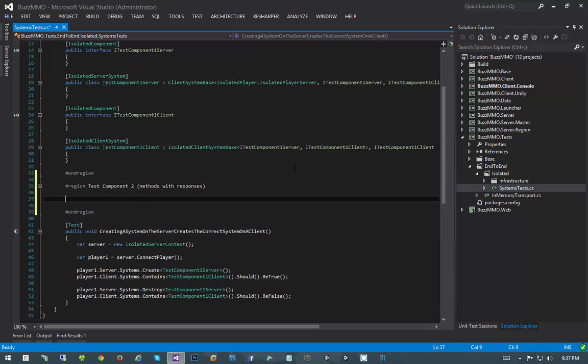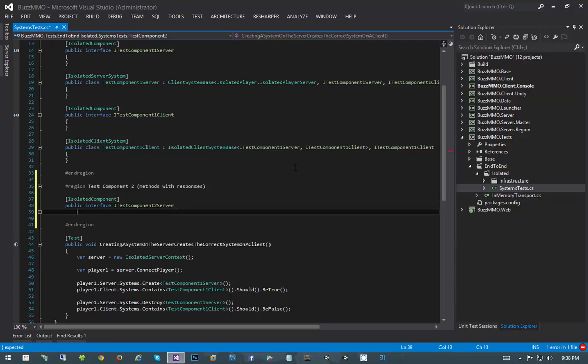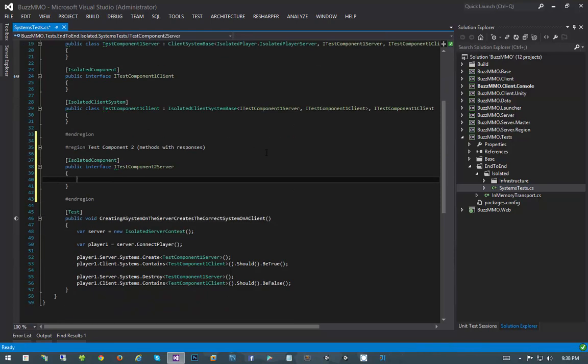So let's start with our server. I'm going to say isolated component. Now I'm going to make it public. It's important that these interfaces are public, otherwise the dynamic proxy won't be able to create them or extend from them. And we'll do ITestComponent2Server. So what do we want the ITestComponent2Server to have? Well, we're basically going to be testing 2 cases. We're going to be testing a case where we have an RPC response without a result